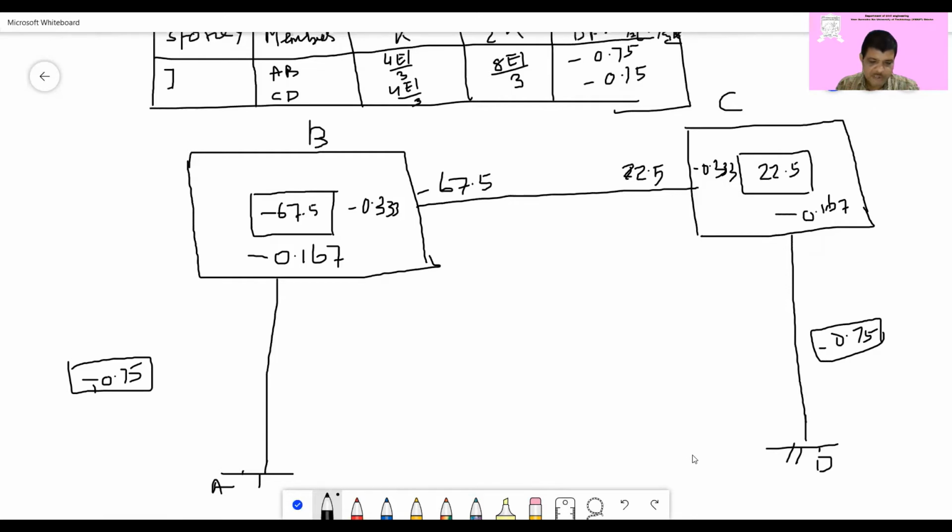Now after the first cycle we have to calculate the displacement contribution, and we also find the rotation factor. So we have to calculate the rotation contribution, then we have to calculate the displacement contribution. So start the first cycle from the joint B. So as you know, in the joint B, the first value will come 11.25. Okay. How it comes? Let me explain. And here it will be 22.5.